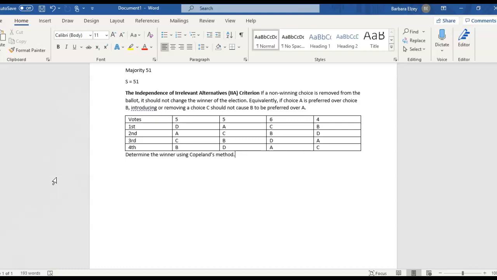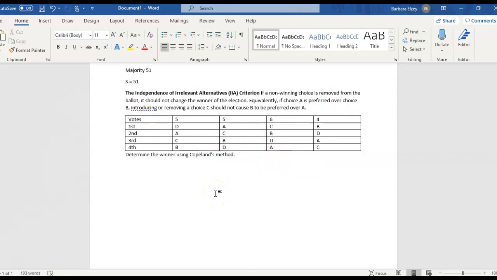If a non-winning choice is removed from the ballot, it should not change the winner of the election. Equivalently, if choice A is preferred over choice B, introducing or removing a choice C should not cause B to be preferred over A. Okay, so let's take a look at this preference table rather, and